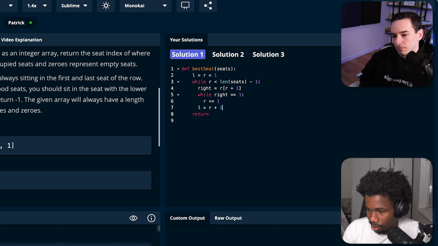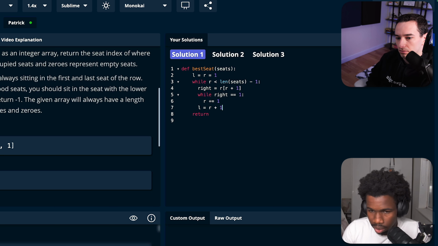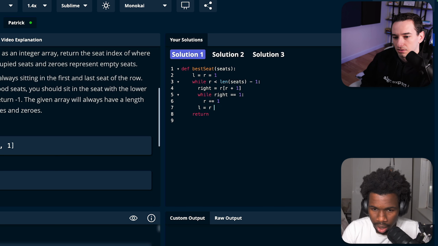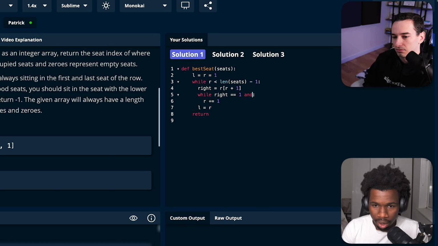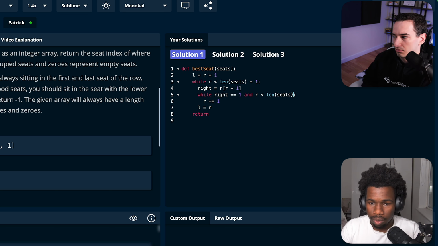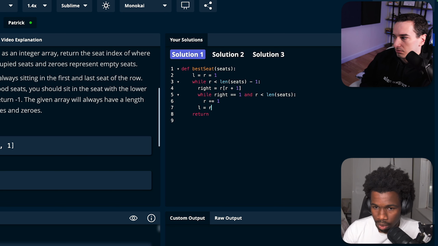So then we're going to keep skipping the ones, and once we've skipped all ones, our left is going to be equal to the right plus 1. But I think I'm going to set it to r. Yeah, just left's equal to r. Because then it's going to stop when we set it to 0 or we hit out of bounds. And r less than 6, just to make sure. So we're going to keep going up as much as we see ones. If we go out of bounds, we set left equal to r. Once we're out of bounds, the while loop is going to break, and then we can return whatever our res